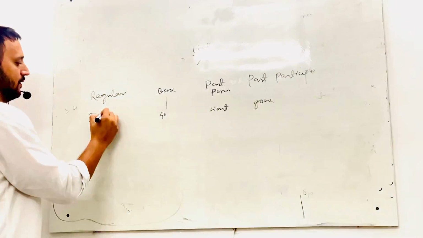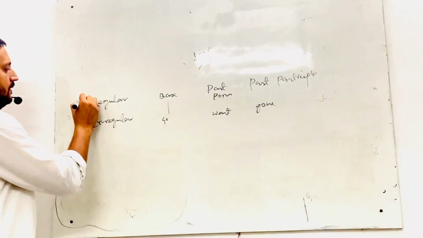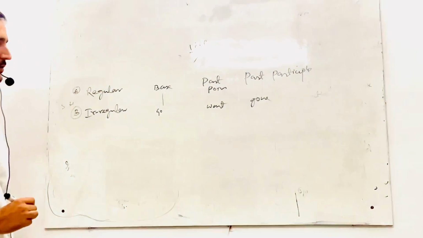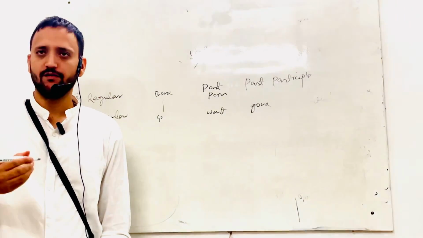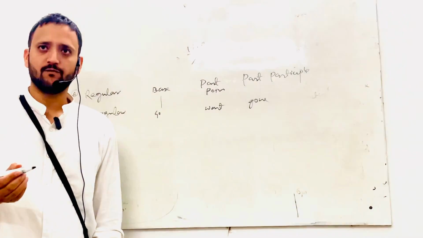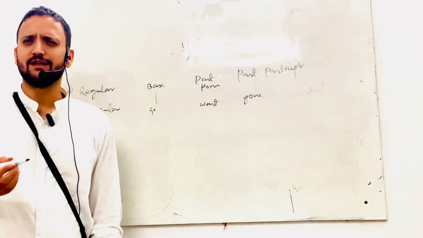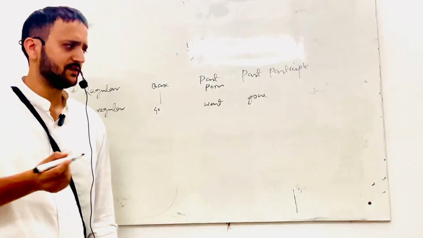Second is irregular. Regular form of verb and irregular form of verb. So question comes, what's regular, what is irregular? See, in regular form, we can transform from base form to past form or past participle by just putting D or ED or IED in there. It's very simple. For example,